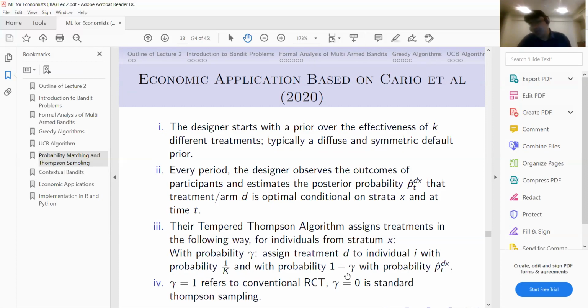But with higher probability, let's say 80%, which is 1 minus gamma, where gamma is 0.2, they allocate the individual with the probability p hat dx, where p hat dx is nothing but the probability that you get based on Thompson sampling, which is actually theta in our previous example. But since this is actually a more complicated bandit, because they also have data on contextual